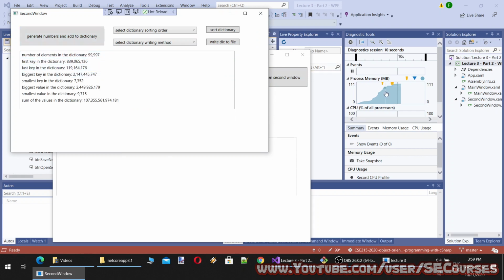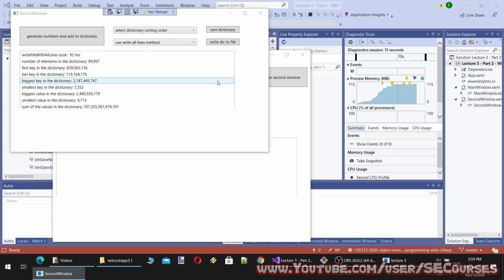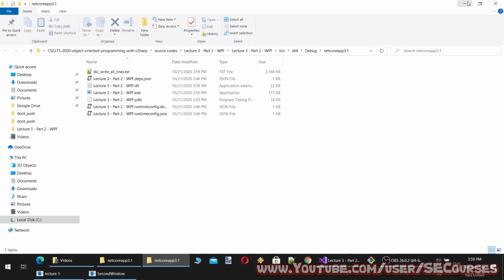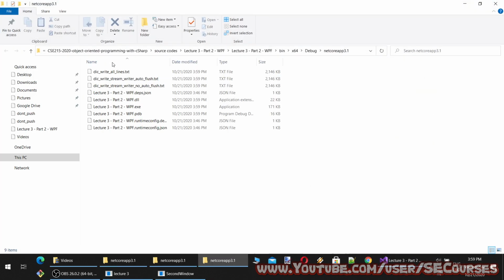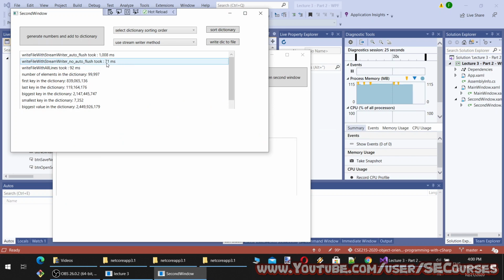Okay, it is almost instantly generated. Let's write with the write all lines method. Almost instantly written. And let's try with the StreamWriter method. Yes, StreamWriter was also very quick.